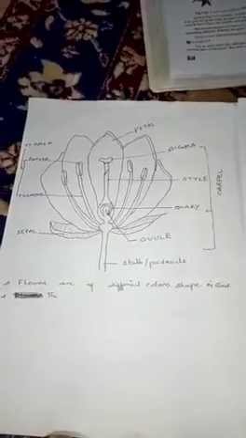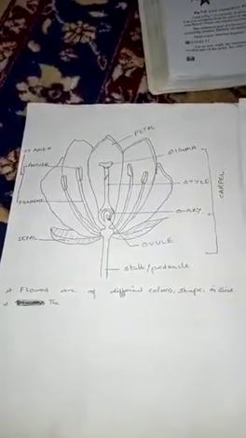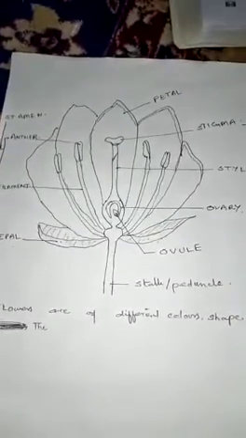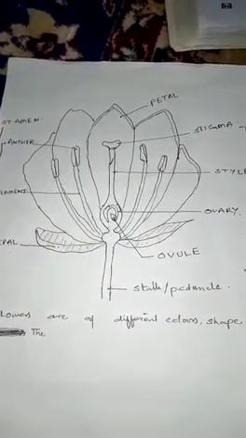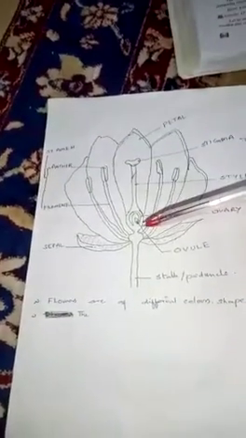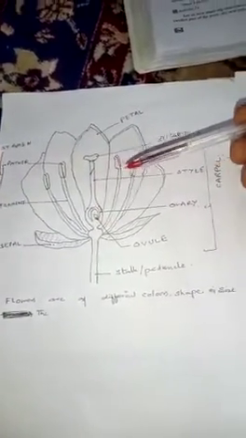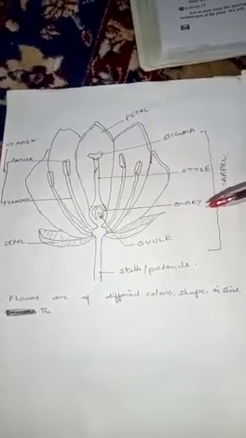Yesterday, in the previous lesson, we saw and observed the labeled diagram of the flower, and today we will see the function of the different parts of the flower. Let us start. As you have already seen, this is the labeled diagram, and different parts of the flower are named here, like ovule, ovary, style,